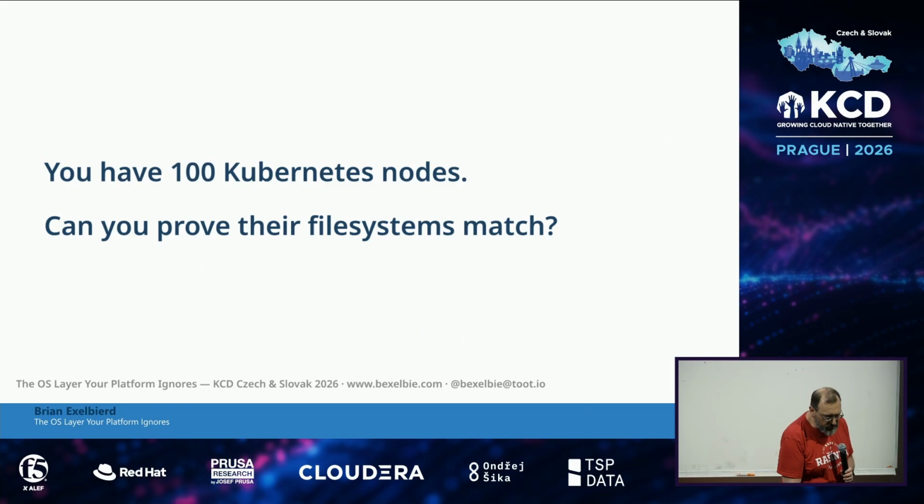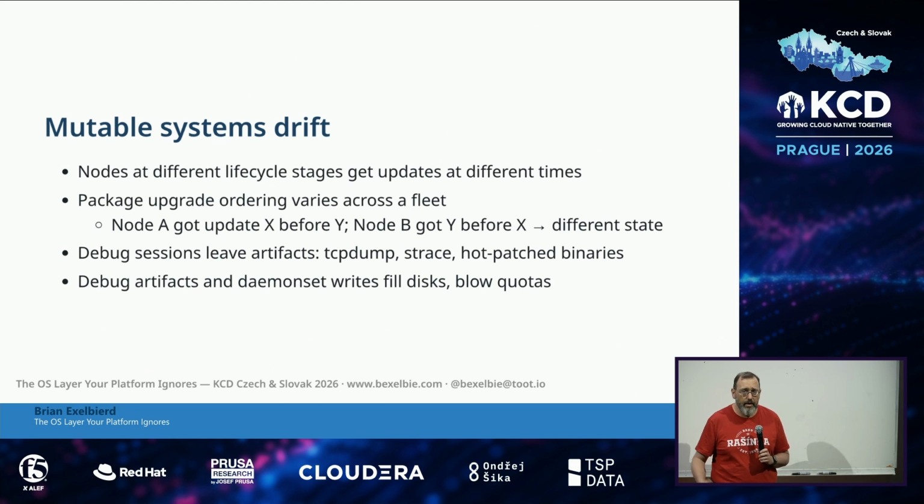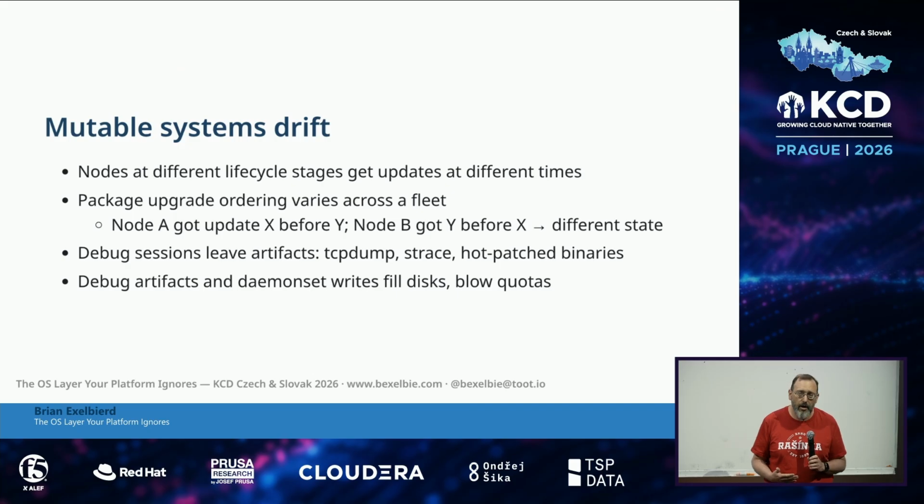And there's a lot of reasons for that. A lot of it is because we tend to use traditional Linux systems underneath our Kubernetes nodes, and they are mutable systems, and mutable systems have the beautiful property of mutating, which means that old nodes will differ from new nodes. And there will be a problem, and an SRE will SSH in, and they will do something,